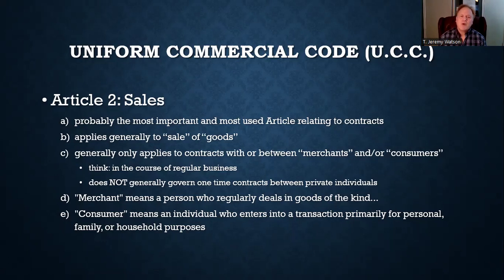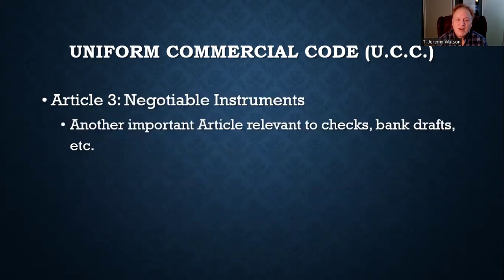So it's important to understand that Article 2 of the UCC only applies to the sale of goods by or between merchants, right? You've got to have at least one merchant involved in the sale. Now, there are other articles of the UCC that apply. Again, look at page 35 if you want all of them. In fact, if you had a quiz on your test this week and it asked for some other areas that the UCC applies, maybe you might want to look on page 35, hint, hint, right?